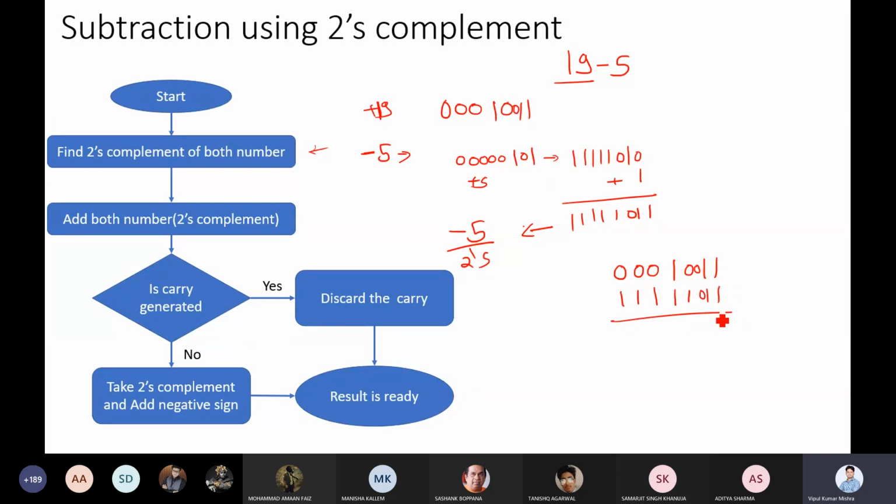Right. So once you add them, 1 plus 1, you will get 0. Then again another one carry. So 1, another 1, then 1, then 0, then another 0, another 0, another 0, and 1. Now here what it is saying, if carry is there, just discard it. So I just need to delete it and we'll get the answer. So means you do not need to add it here, one extra addition. Getting? So that is the way how you can do the subtraction using one's complement.